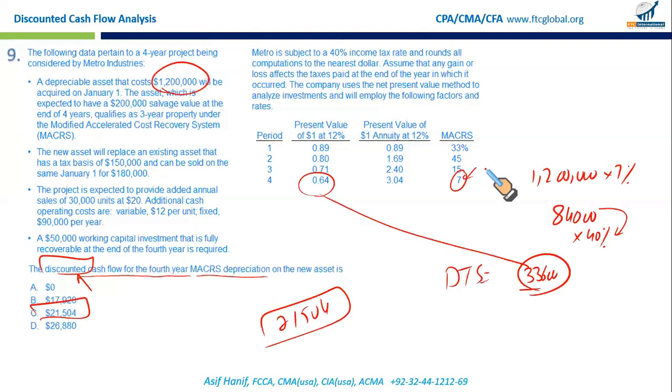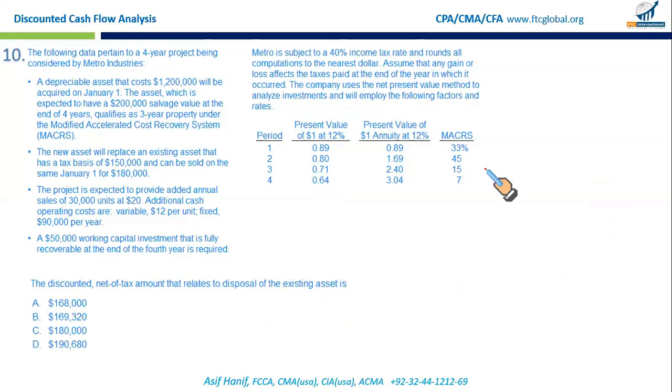But since this question is basically an essay type, the same question has multiple subparts. So such questions can, and they do, come in the essay section of your exam. Very few students were tested, but they are tested. Essay questions may involve section E. So what else? The next part says the discounted net of tax amount that relates to disposal of the